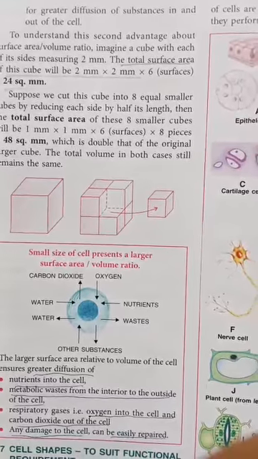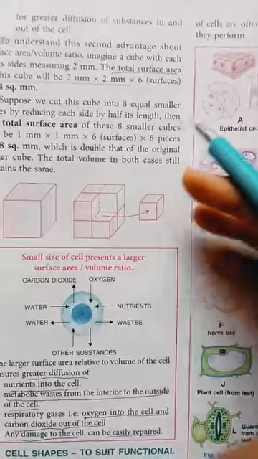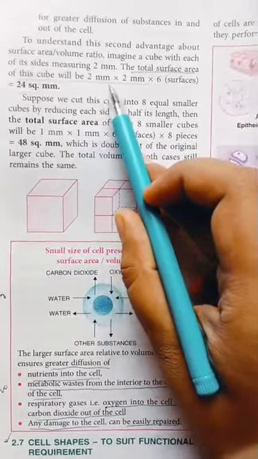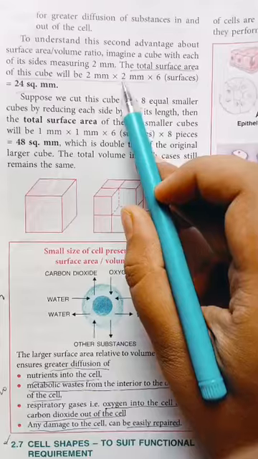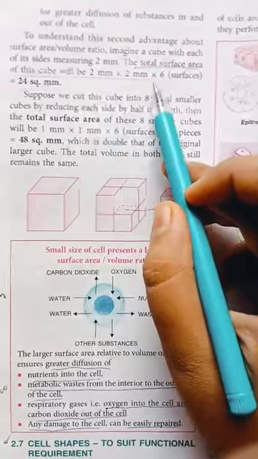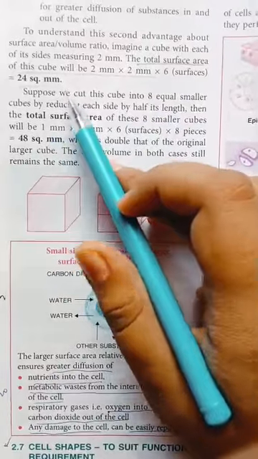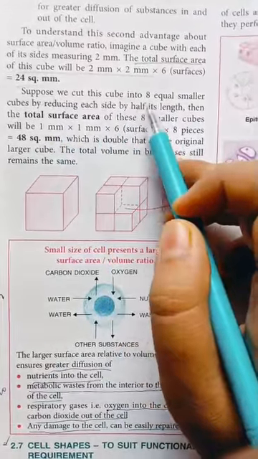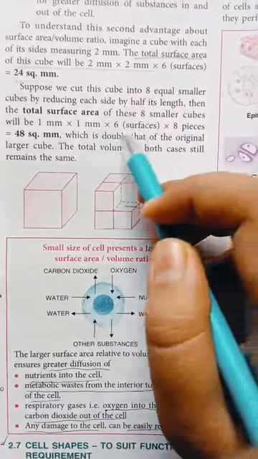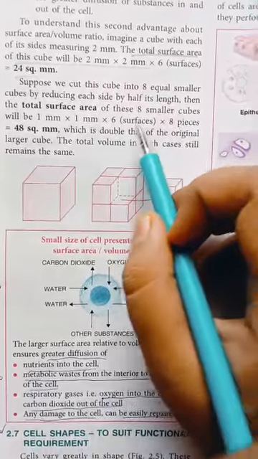To understand this, you first have to understand total surface area. For example, take a cube with length 2 millimeters, breadth 2 millimeters, and height 2 millimeters. Its total surface area is 24 square millimeters. If we cut this cube into 8 equal small cubes, the total surface area of each small cube will be